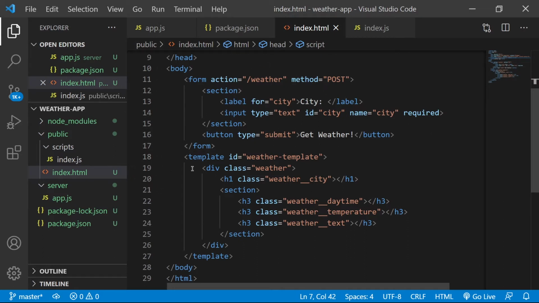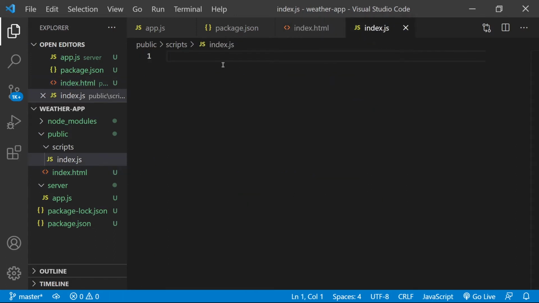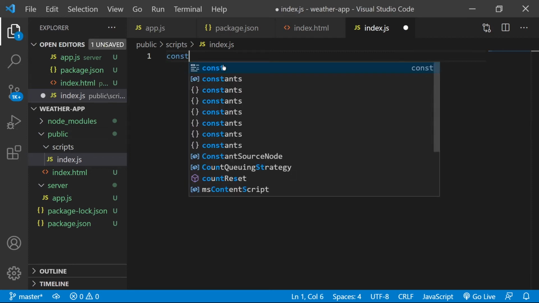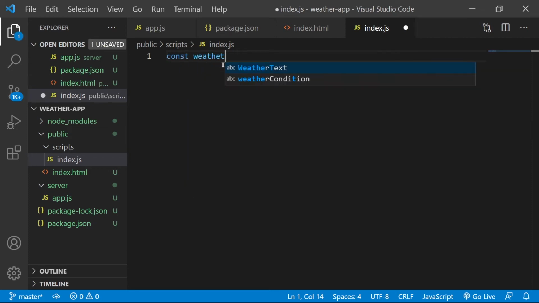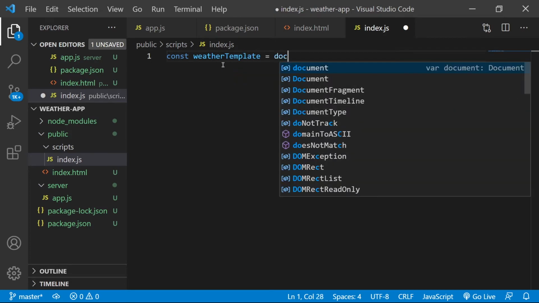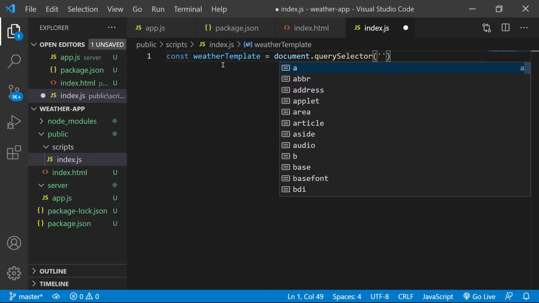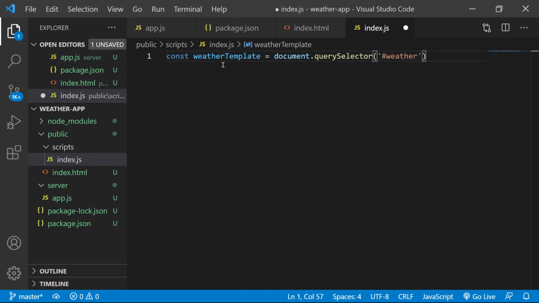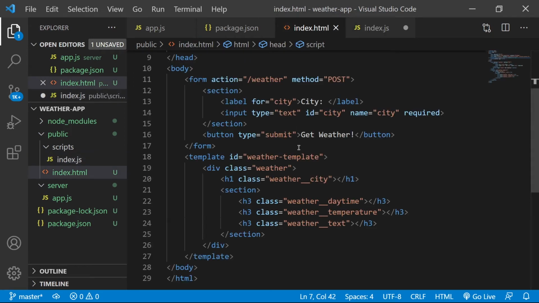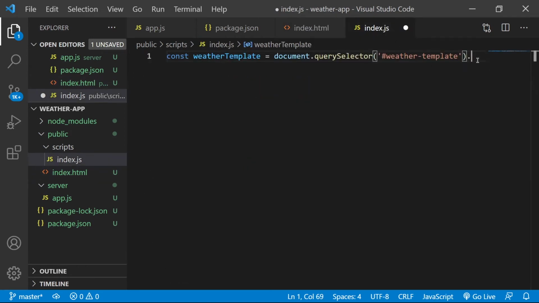So let's start creating some of our query selectors so we can get access to all these different elements. Let's think about this. Let's say that our weather template is going to be equal to document query selector weather template, right? And we want to get its content.